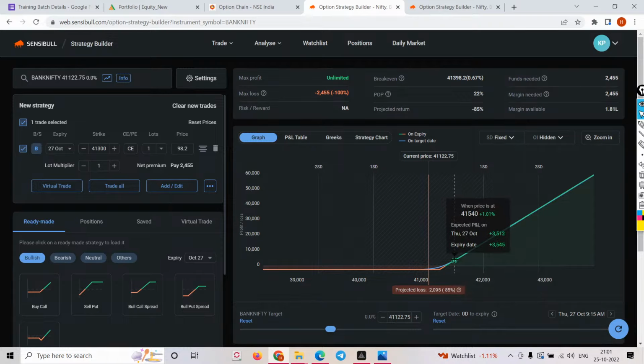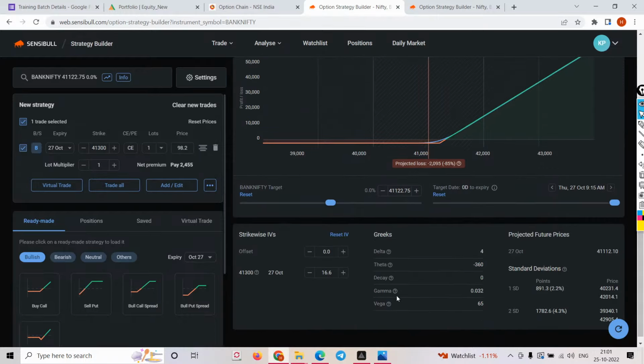What could be the reason? Right, at 1%, somewhere we are here. The reason is theta, because overnight you have to pay theta on whatever profit you got with your naked option buying. If you're not exiting, if you're not booking your profit, the next day you have to bear the theta. It could be 1000, it could be 2000.